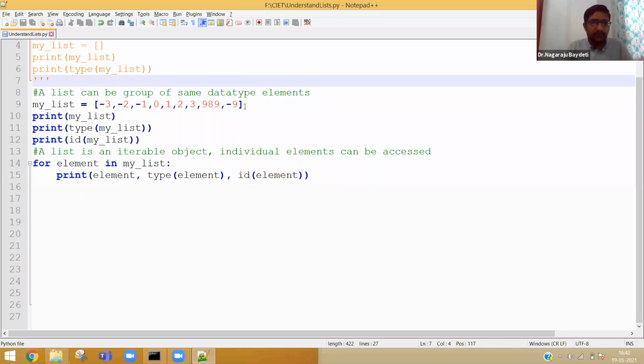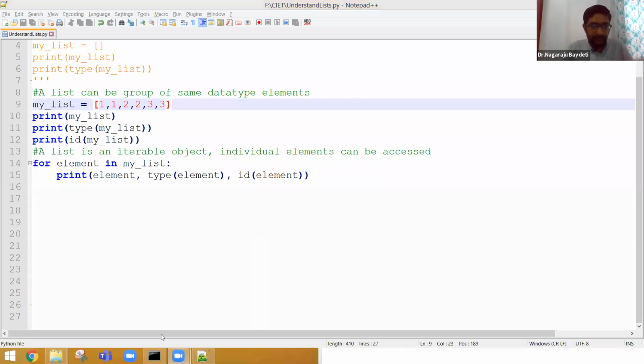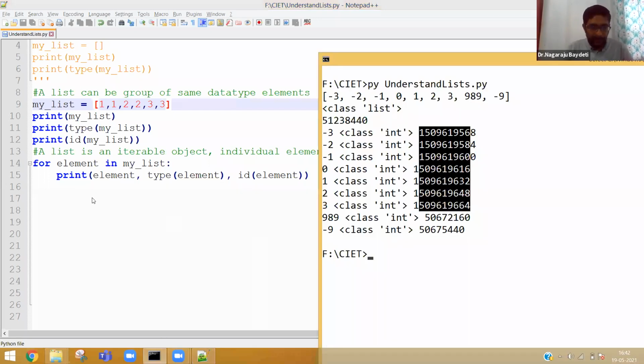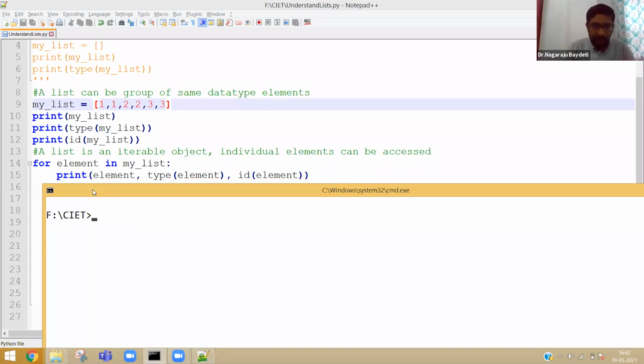Now one of the students asked me, can you just repeat 1, 1, 2, 2, 3, 3? Now how many elements are there? There are 6 elements. Now let us try to execute the program and try to answer KS Chaudhary's doubt. I'm just mentioning your name so that you will feel like you are in a classroom kind of environment.